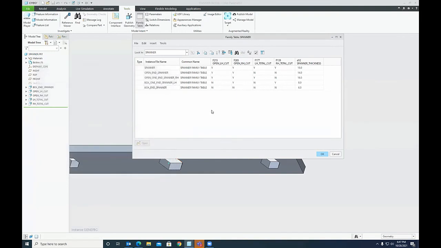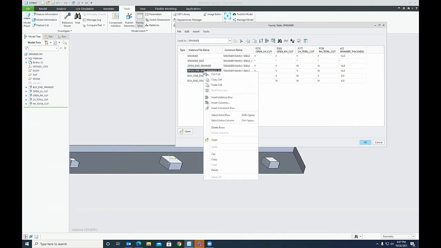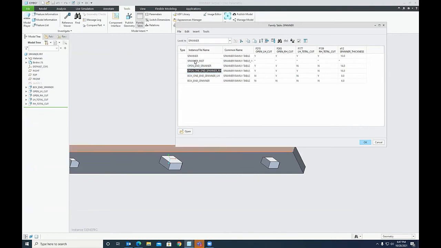Now let me show you how to create one more instance. I can put one more instance over here. I will just copy this name, open one end spanner LH.